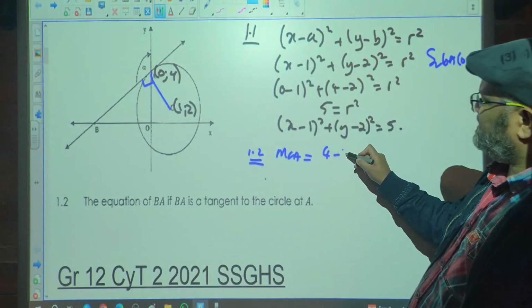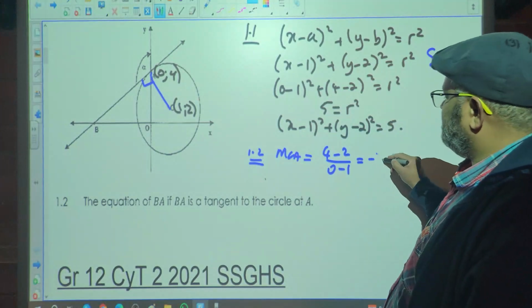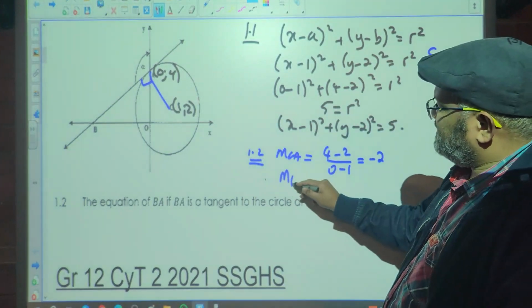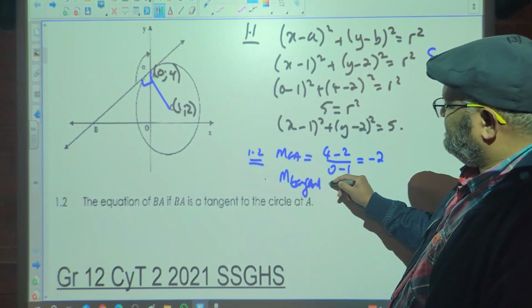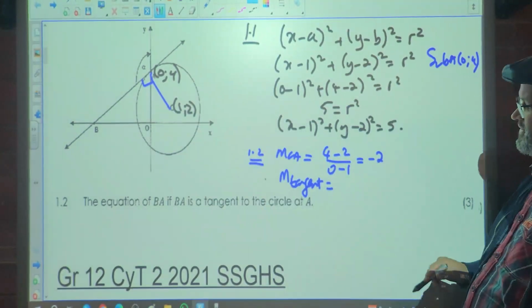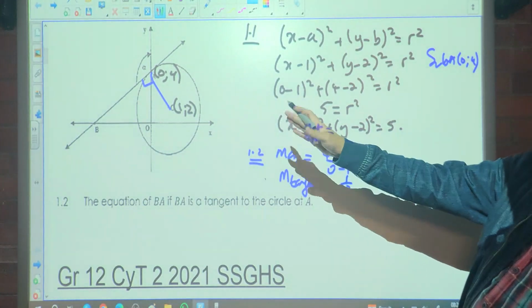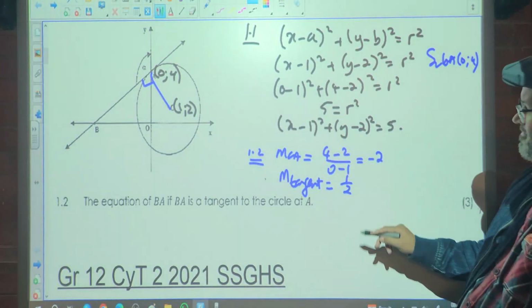So it's going to be (4 - 2)/(0 - 1), which is negative 2. So the gradient of the tangent times the gradient of the radius is negative 1 because it's perpendicular. So the gradient of the tangent, or you can say the gradient of AB,